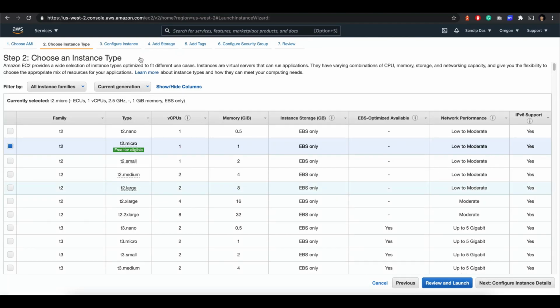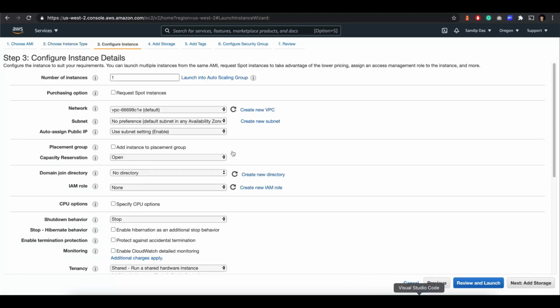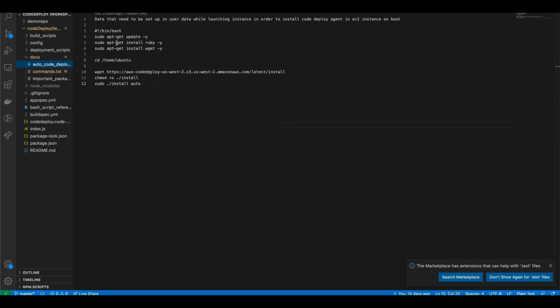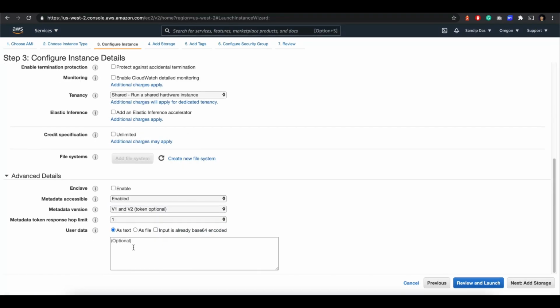Now the important part is here, where we configure the instance. Click on the next step, and there we need to give a config. I have to supply this script here because whenever a new machine starts in the auto scaling group, I need it to come with CodeDeploy pre-installed, automatically installed. So I will do that in the user data.